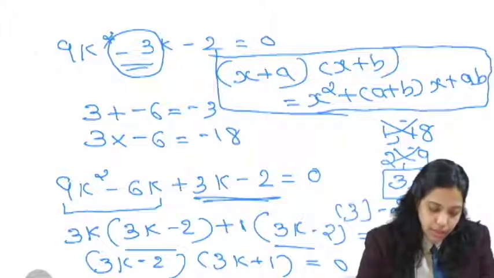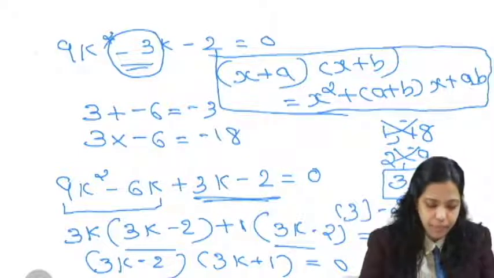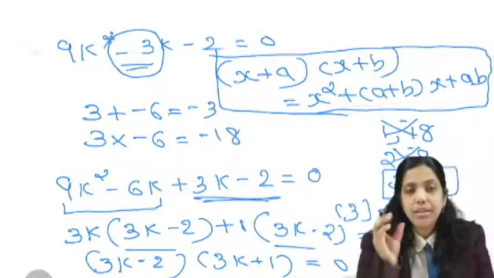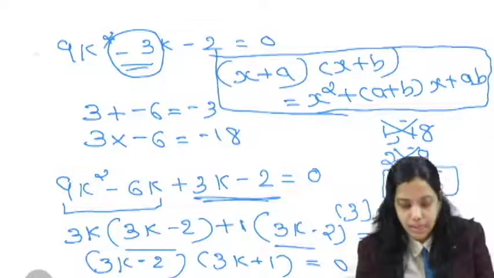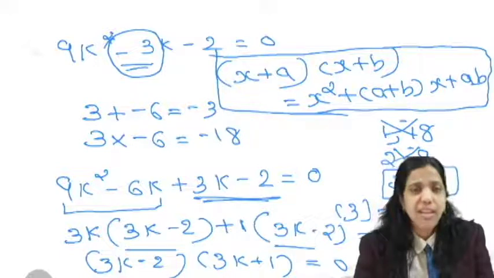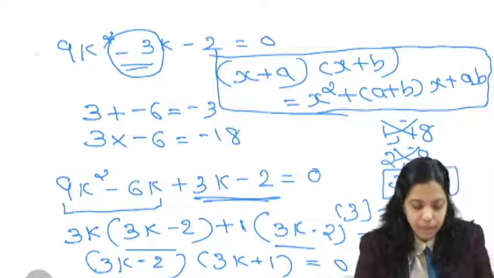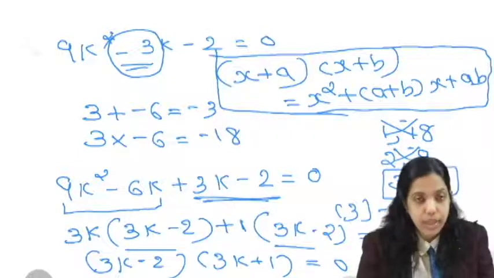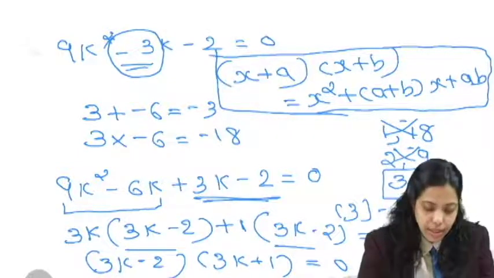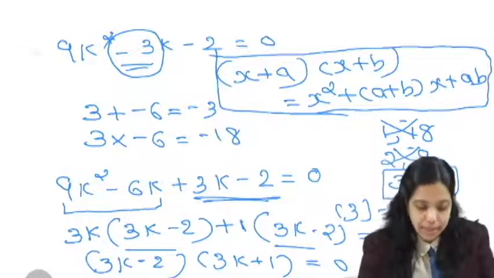And if I am checking, the leading coefficient is 9. So we can multiply 9 by the constant term negative 2. We are getting negative 18. For the time being, consider 18 without the sign. So I can say that the factors of 18 are 1 and 18. Then 2 and 9 also give you 18. 3 and 6 also give 18. So in all three cases we are getting 18 as the product.